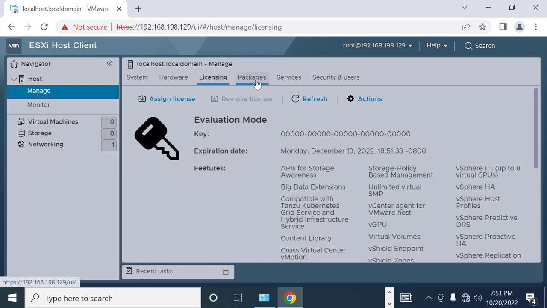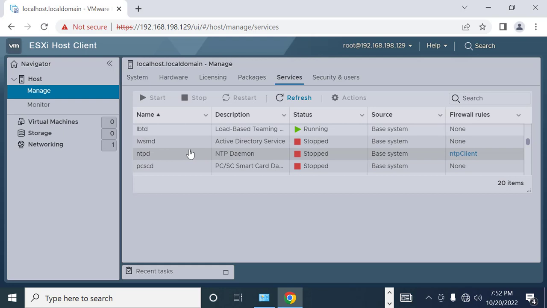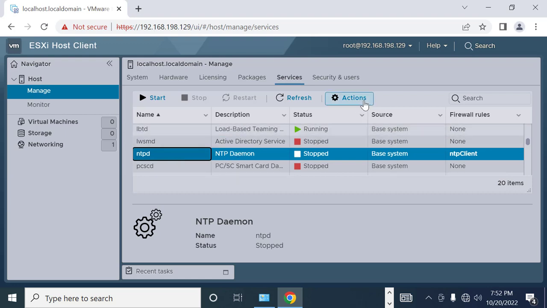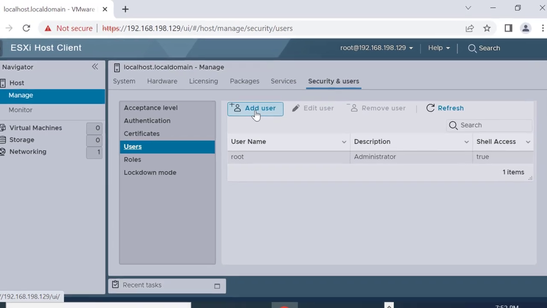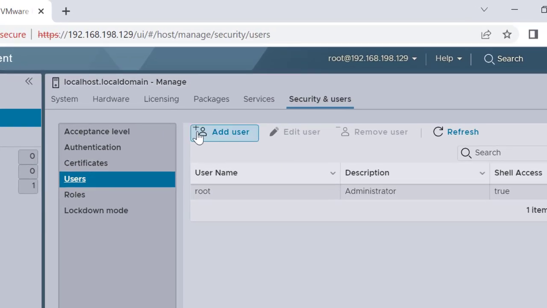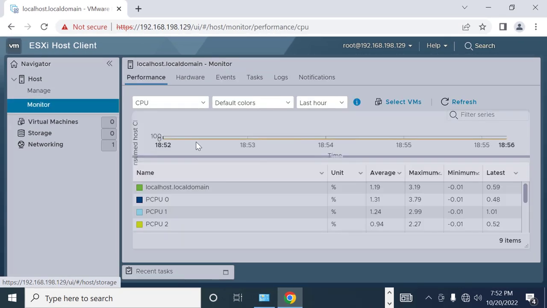Again, this is the Services tab, which is very important in VMware. Here we have so many services. For example, if I want to change the time domain service, I can click on this service and there is an option on the top, start, stop. So I can change the service start and stop status from here. Now this is Security. Here we can create any additional user. By default we have only one user, root. Here we can create so many users.